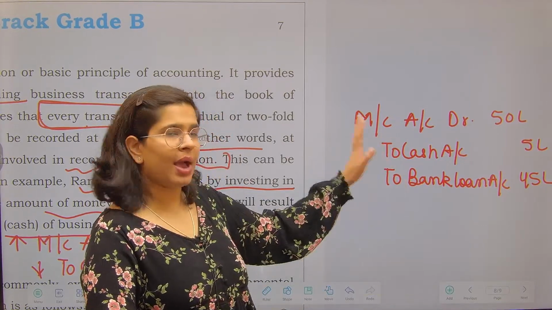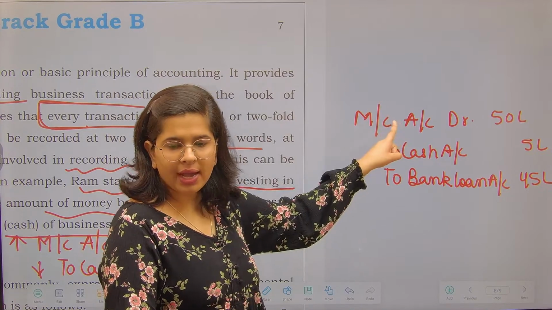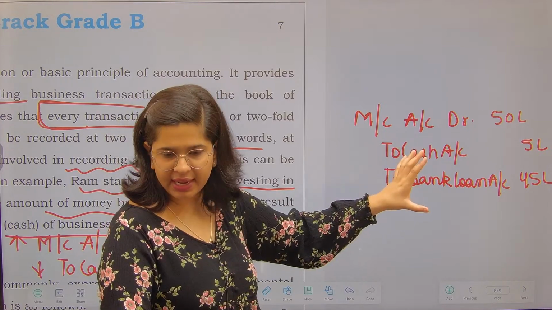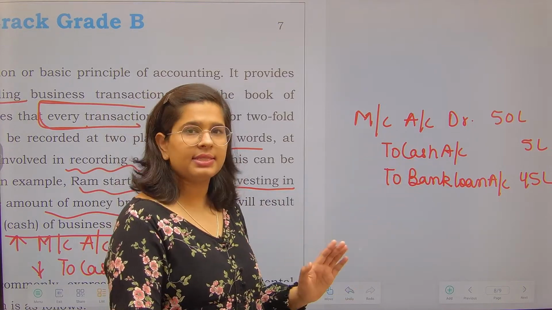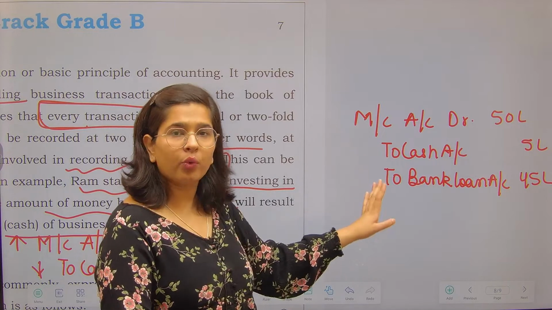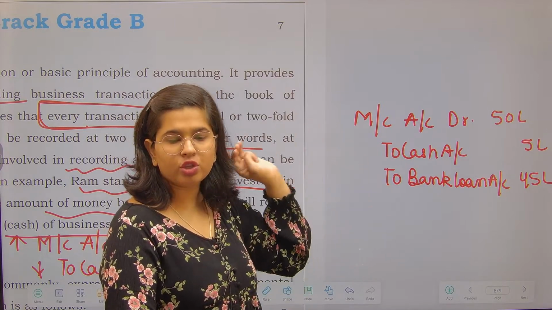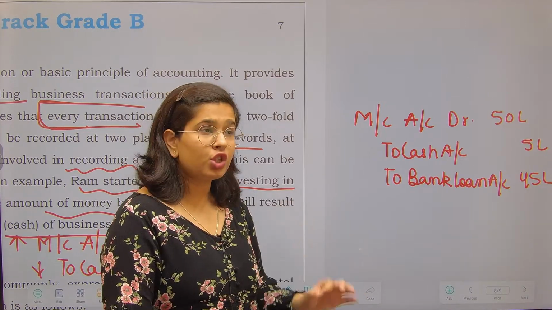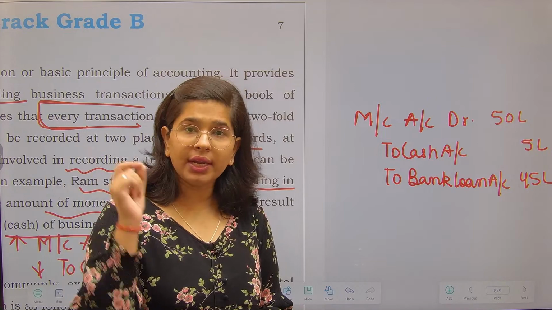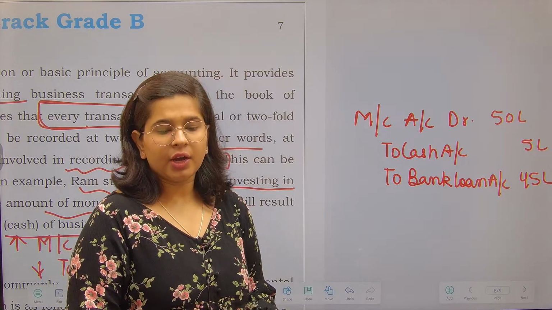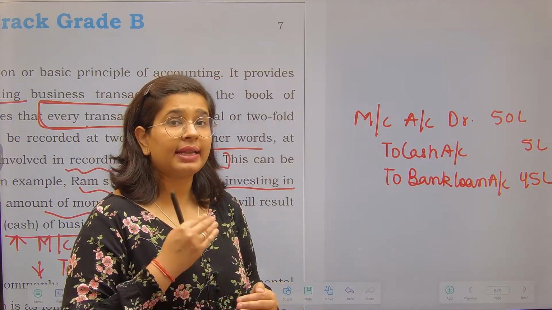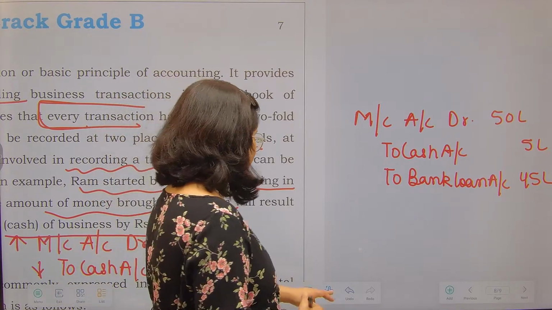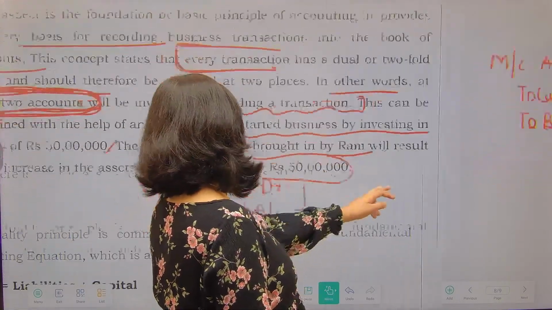But देखो यहाँ पे भी my balance sheet will match. One account is debited by 50 lakhs and the two accounts are credited for a total of 50 lakhs. So the debit credit balance is the same. But three accounts can also be impacted. Similarly, four accounts can also be impacted. So it is not necessary that only two accounts will be impacted. The duality concept says that at least two accounts should be impacted in a transaction. So I hope now this is also clear to you.